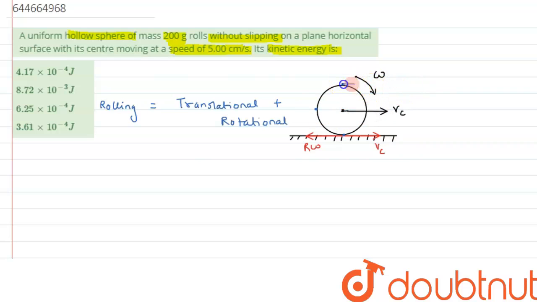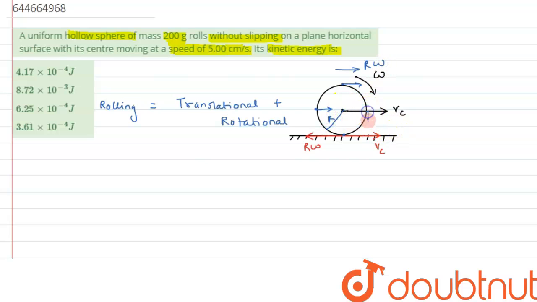So every point on the body will move with the same velocity vc. Here on the ground position we have shown it with the red color, and here also the velocity will be vc. So every point on this hollow sphere will move with the same translational speed vc. Now at the same time it is also rotating, so at a point like this there will be a tangential velocity, given by the formula r omega, if r is the radius of this hollow sphere.